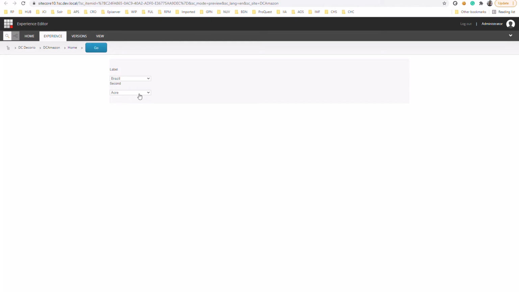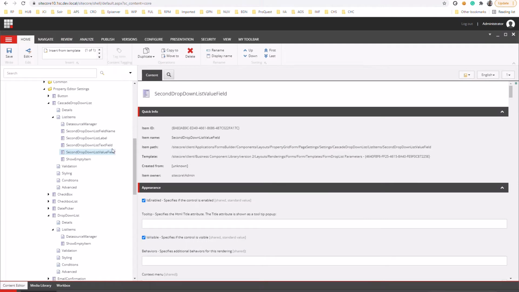If we want to create a drop down list, we need a text field and a value field. To choose the text field and value field, we have provided these two controls, which are form drop down list parameters, and two other items we also created.